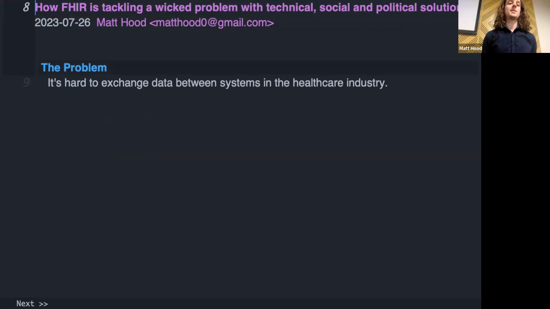It's hard to exchange data between systems in the healthcare industry. It can be hard for lots of reasons. The classic example is there's something wrong with you, so you go to your GP, and then they refer you to a specialist. And so you go to your specialist and reiterate the same thing you explained to your GP and any findings your GP had. Maybe your GP sent them a letter that they've got to read. And then things get worse and you get admitted to hospital, and you've then got to explain what you explained